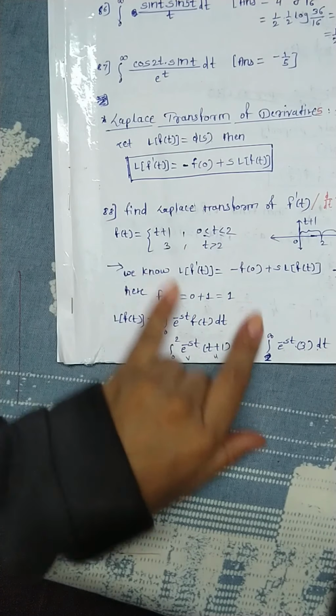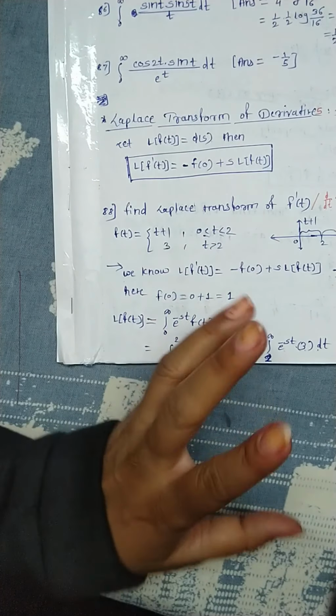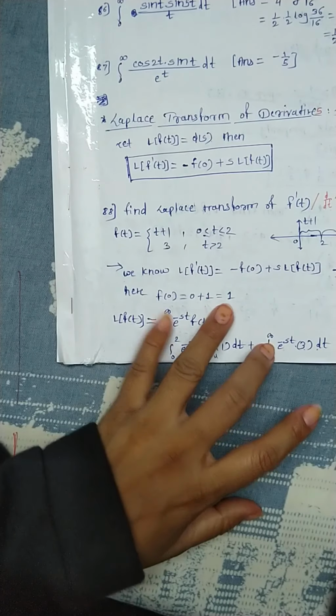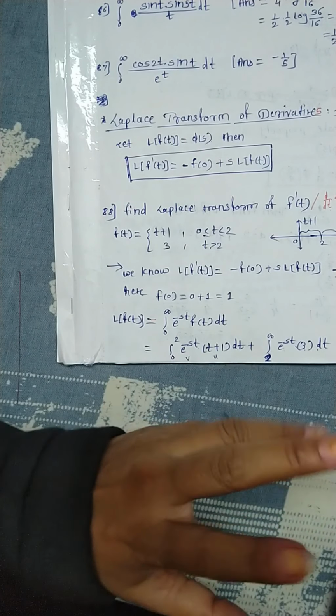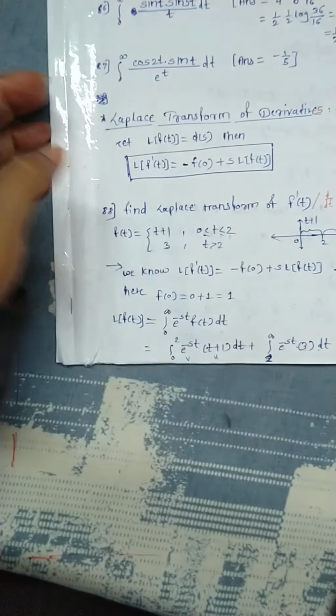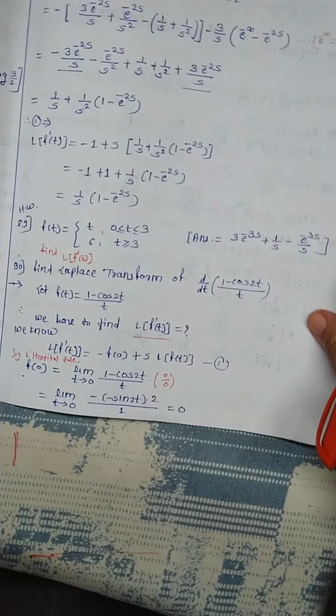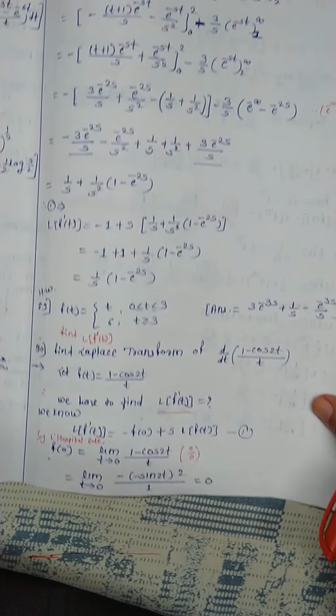If we put t equal to 0 here, we don't get any indeterminate form. Directly we take it. 0 is also okay. If the value becomes 0 at a particular point, that is acceptable. But 0 by 0 is not acceptable, it is an indeterminate form. That's why we have to use L'Hospital's rule here.